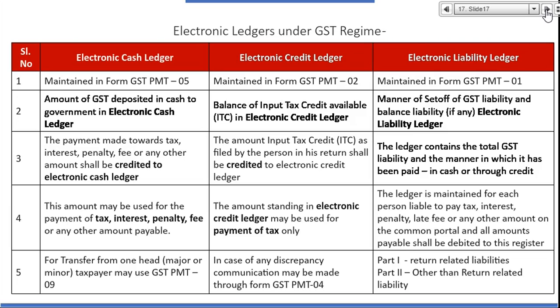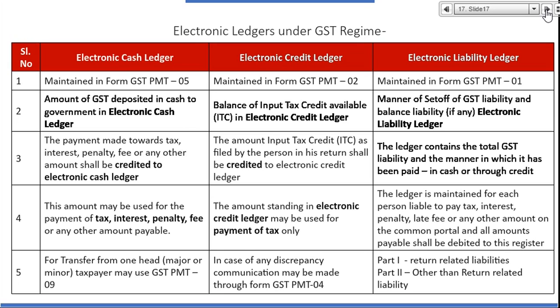You can also make a transfer from one head to other head through a new form called GST PMT 09. Recently a new form was introduced called GST PMT 09. Through this form you can transfer cash from one head to other head. Like you wrongly deposited in IGST, you wanted to deposit in CGST and SGST. So by filing GST PMT 09 you can transfer cash. I think I have a slide, will show you. Next is